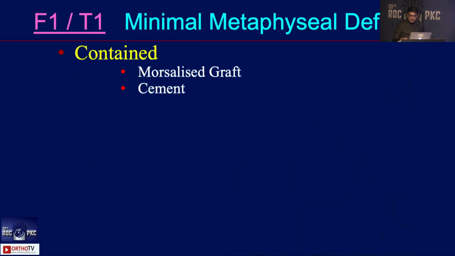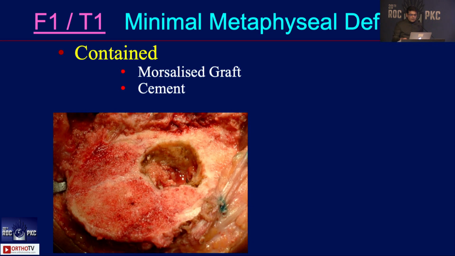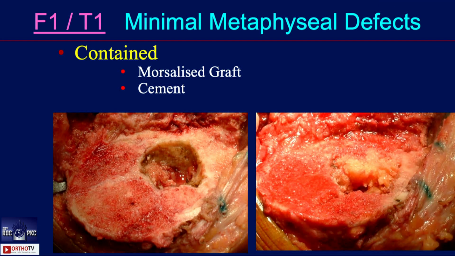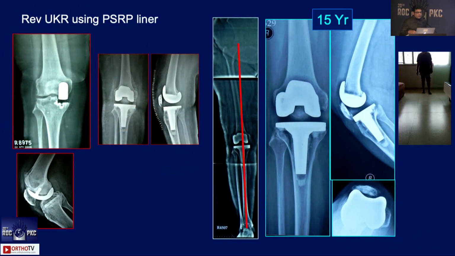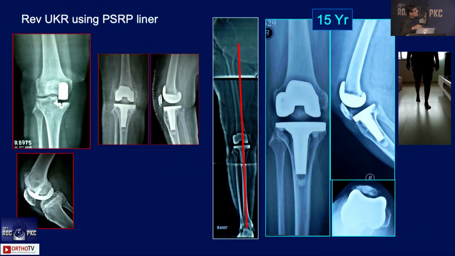In a revision scenario, if there is a defect here, you can use a bone graft. It commonly occurs in a uni revision. When you end up making your cuts, the defect is so small, you can either use a bone graft or you can use cement. And here is this patient where the cement was used, standard component on the femoral side,